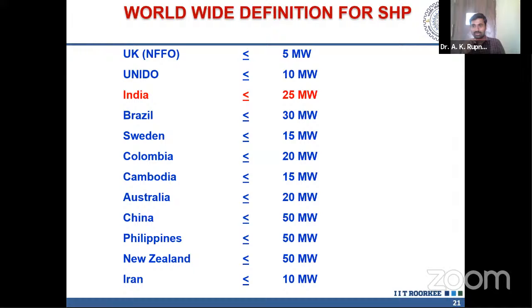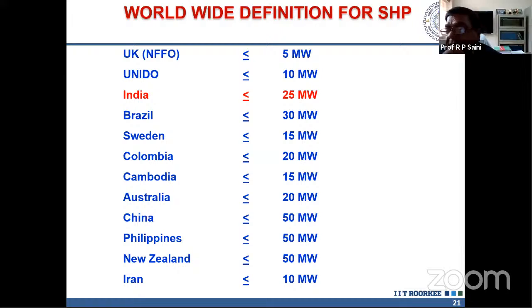Sir, my question is, when you started your presentation, you said that previously hydropower was not considered a renewable source in India. But now, I think from the past 3 to 4 years, they have included it as RE power. So what was the reason that hydropower was not considered RE in India?